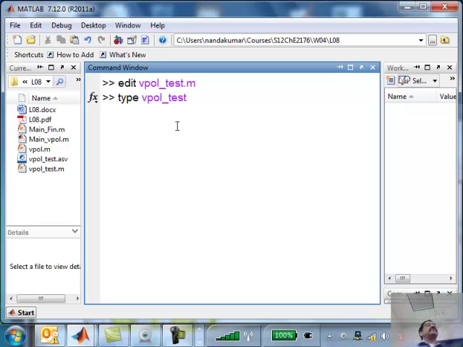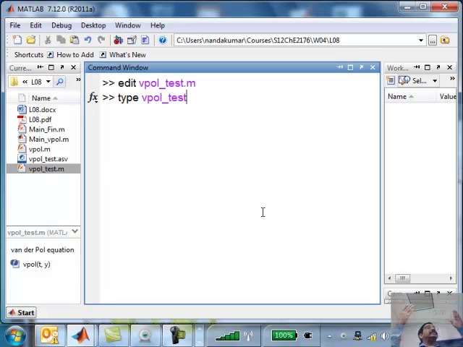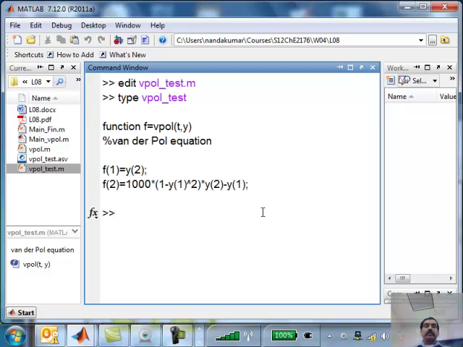Where does it search for the function? First it checks in your own directory. If there is a function there by that name, it will type that. If it doesn't exist there, it will look into its path. Its path is huge. There are 10,000 functions or so it knows about. So it will search for those and then print that. In this particular case, it's going to print the function that I just wrote. So MATLAB knows about this function.